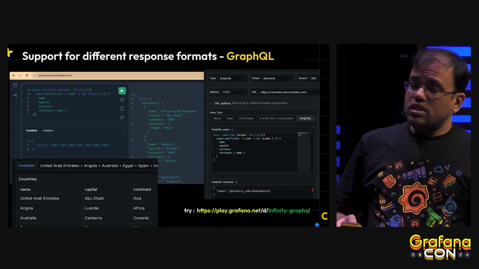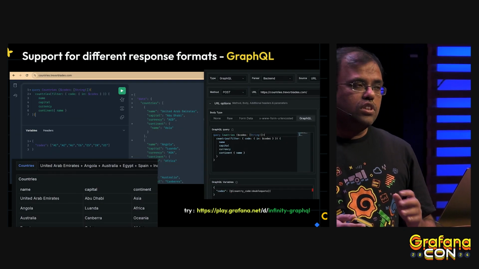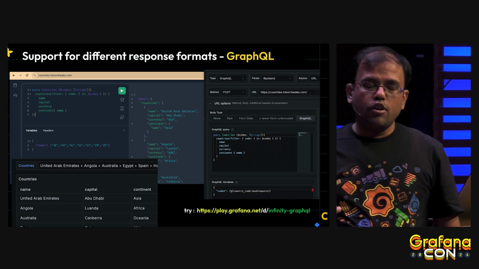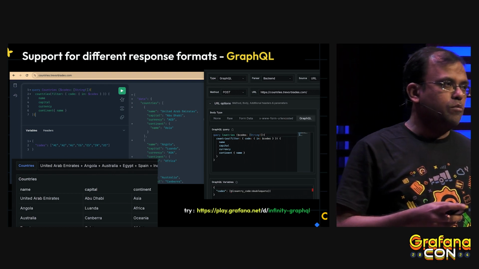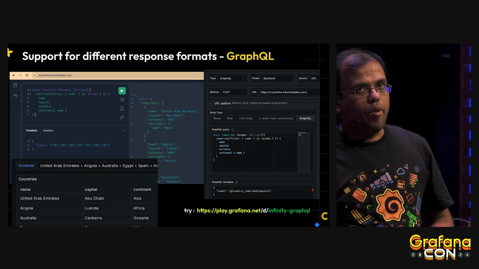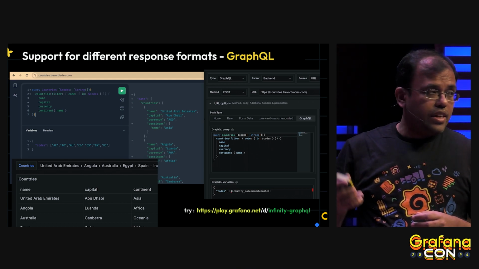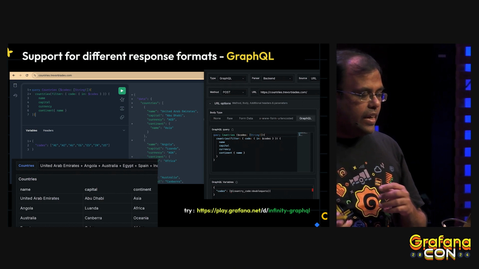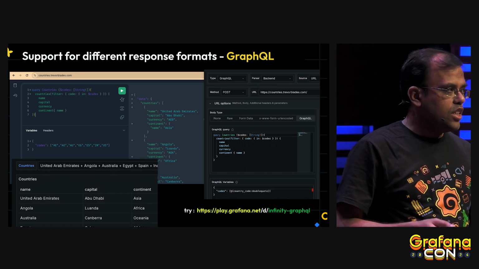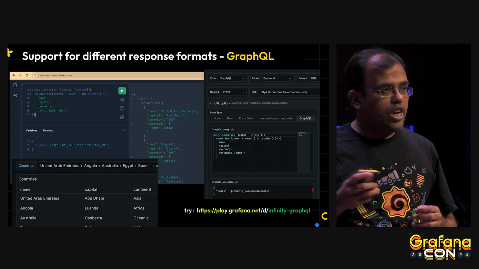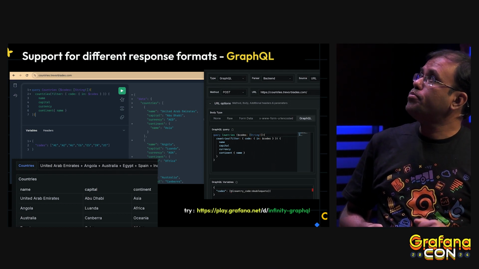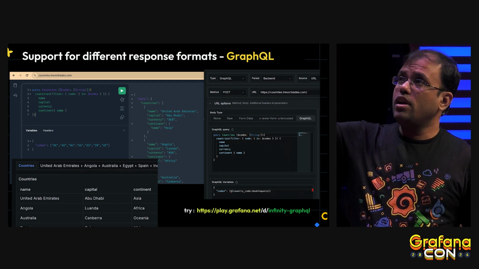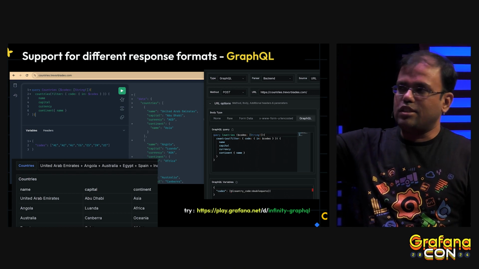Right. So since we mostly talk about these JSON, CSV things, it was also needed for Infinity to support other HTTP-based options. Say, for example, you want to customize your headers, your query string, or your body. Infinity has those options. That means with all these options, now you can easily connect your GraphQL endpoints as well, not only REST API endpoints. So in this example, I am visualizing some public data from GraphQL, which shows me the list of countries and some relevant details.